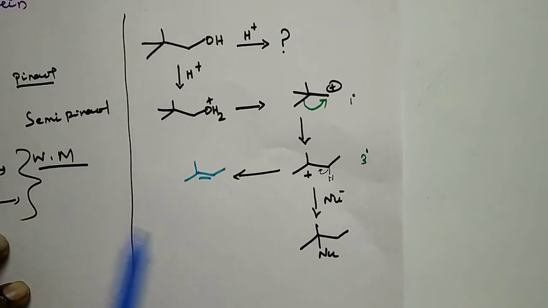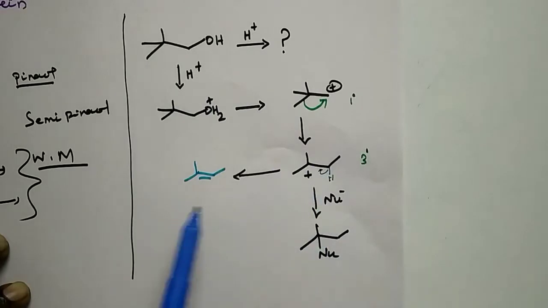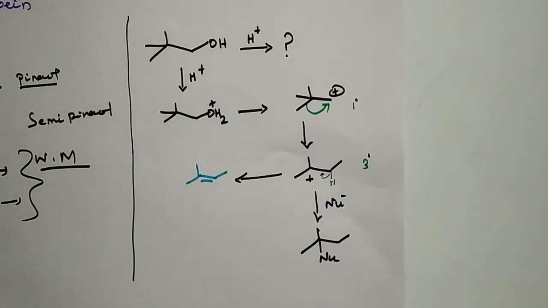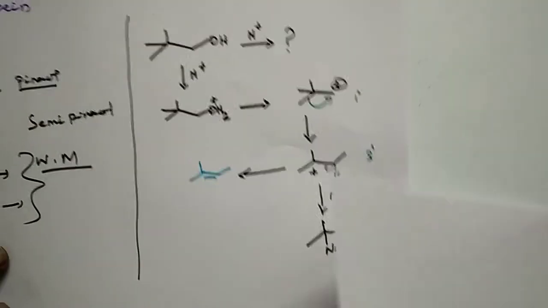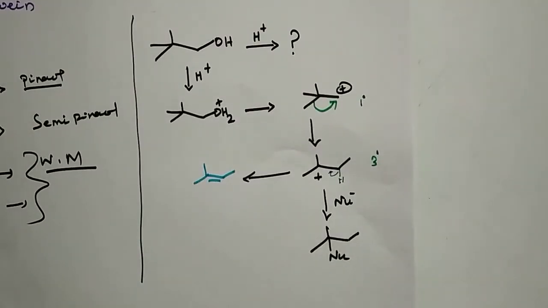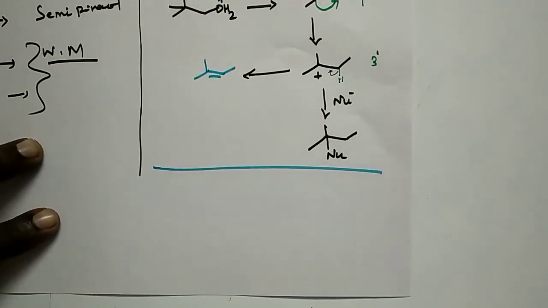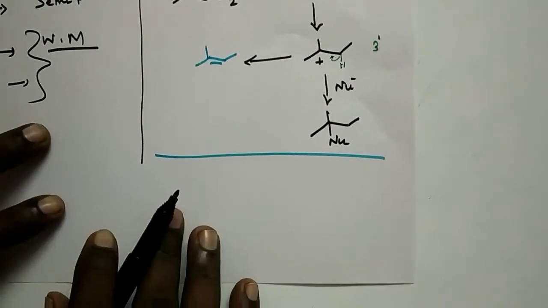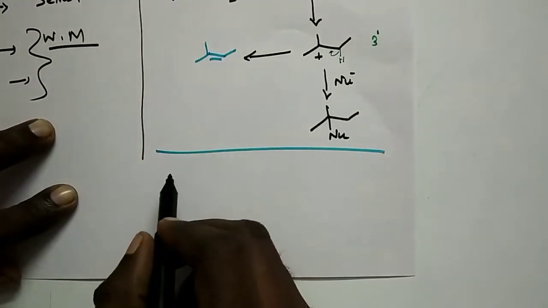I compared this one with pinacol and semi-pinacol, means there is only one hydroxyl group or a leaving group. That is all. It is similar. It resembles the previous two. Okay. So this is all about Wagner-Meerwein rearrangement. In case there is another type, the another type is this one. Apart from that, there is one more type of Wagner-Meerwein rearrangement. It is this one. Instead of neopentyl alcohol,